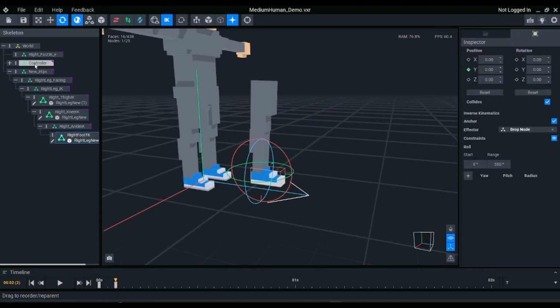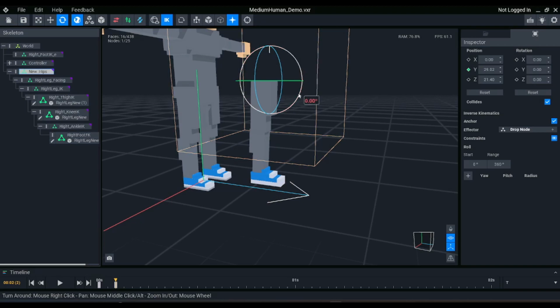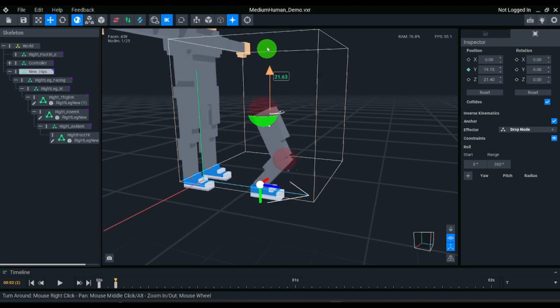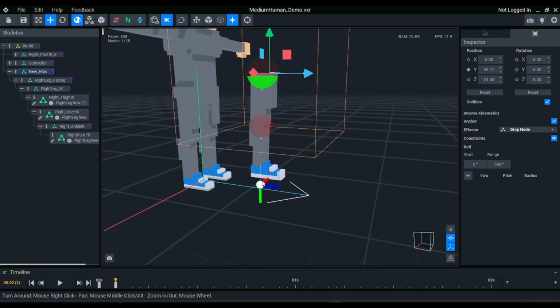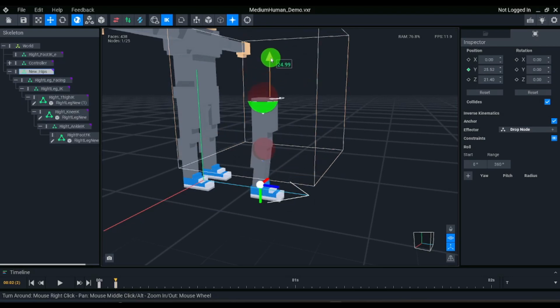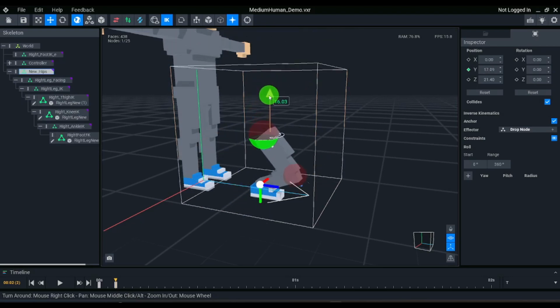But what's great about this is now when I move the hips, that foot will still try to follow the IK chain, as in up and down, left and right, but it won't follow the rotations. So there you go. That's where the effector is. The reason it slides up a little bit is because the effector is just a little below it. But if I move it down, as soon as the ankle gets to the effector, you notice the foot looks